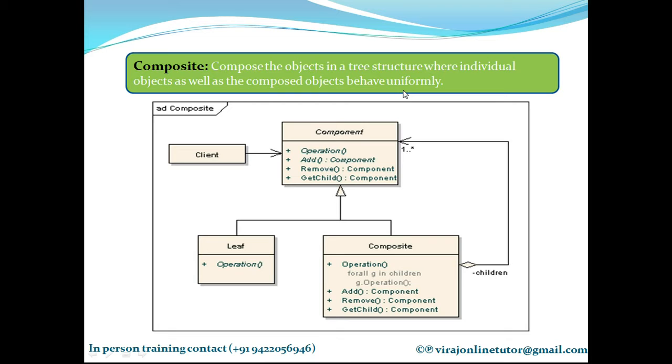When we want to develop any structure, not all objects are simple objects. There are some objects which are complex objects, some which are composite objects. Now what is a composite object? A composite object is an object which in turn is made up of many other small objects. Now if I consider a car object, can you tell me whether a car object is a simple or a composite object?